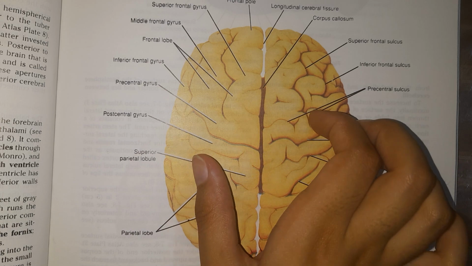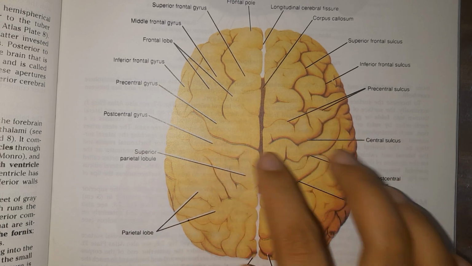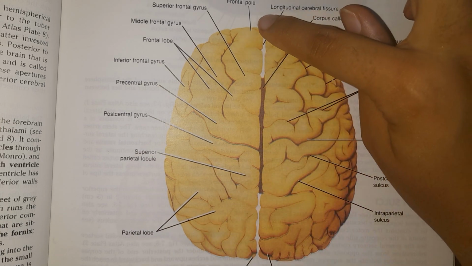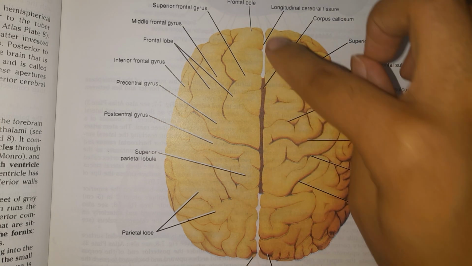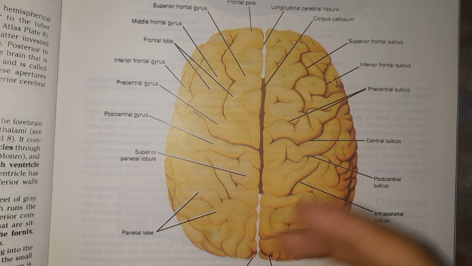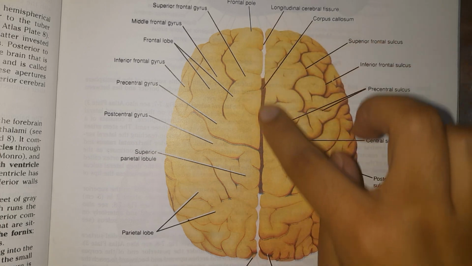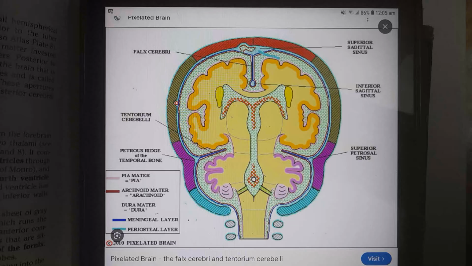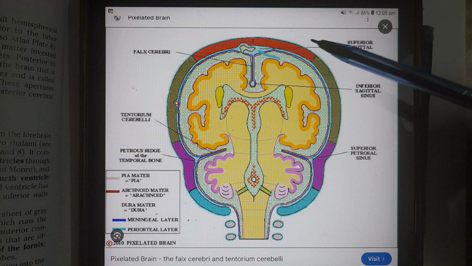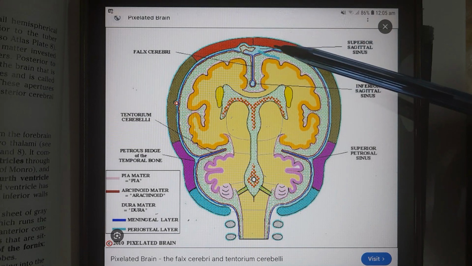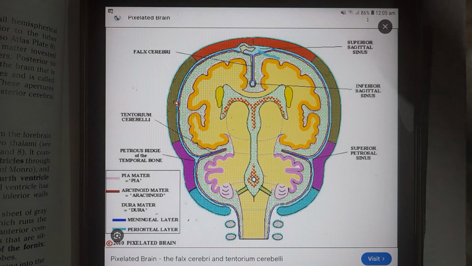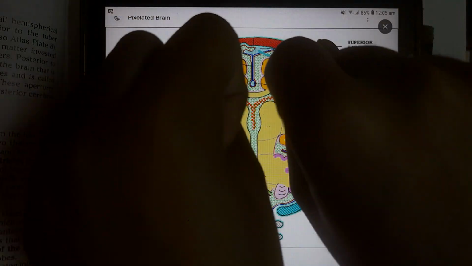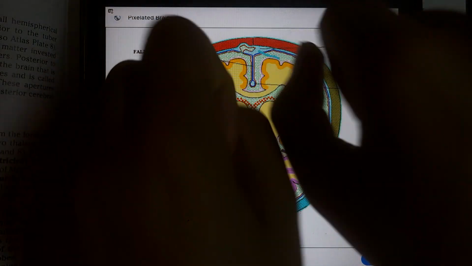And the cerebrum is divided into two hemispheres. These are the right and left cerebral hemispheres, and there's a longitudinal fissure that runs between them. This fissure is named because of its nature, that is the longitudinal fissure. So now this is the view of our brain, and apart from the longitudinal fissure, which was running like this between the two cerebral hemispheres, there was this longitudinal fissure going between them.